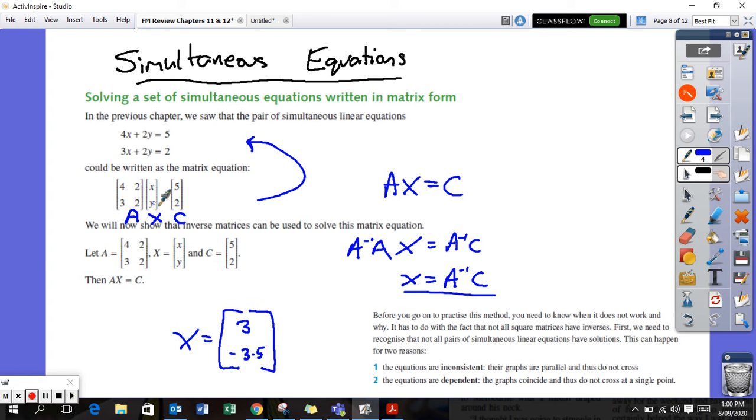So little x is 3, y is negative 3.5. If you substitute that in, you'll get the right answer. So you're basically doing this on your CAS. You define matrix A on your CAS,